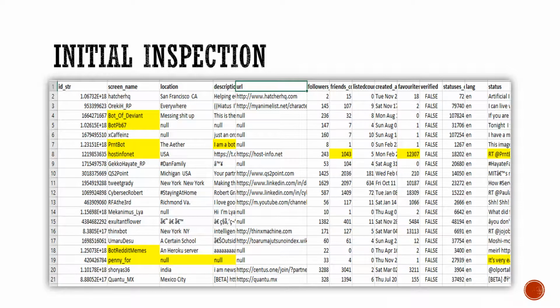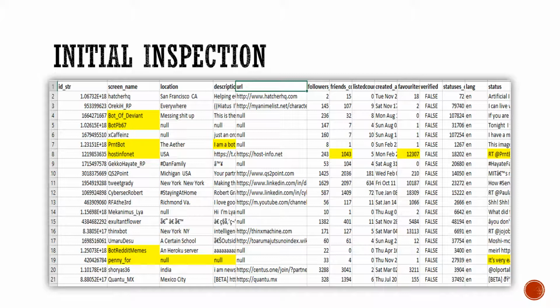This is the snapshot of the dataset which we extracted from Twitter. It gives us details which include name, profile location, profile description, URL, followers, friends, status, and all the different information which we have talked about. If you look at the second column, that is screen name, the majority of highlighted names include the word bot in it. Not only this, these bots include the name bot in their screen name or in their profile description.